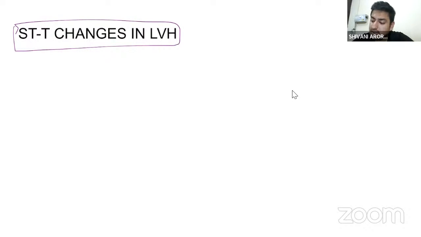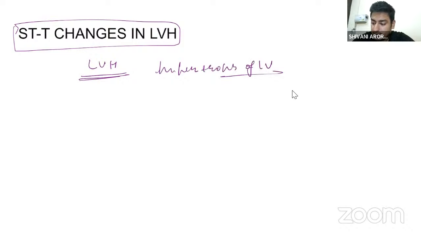Okay, so the next thing is STT changes in LVH. In LVH, there is hypertrophy of the left ventricle. And we have these leads like V5, V6, lead 1 and lead AVL as lateral wall leads. So what will happen is that when there is